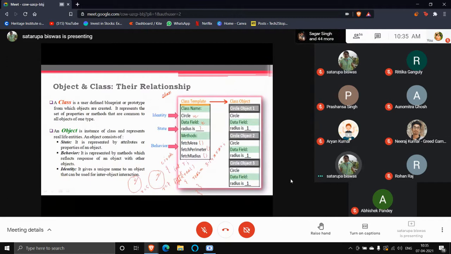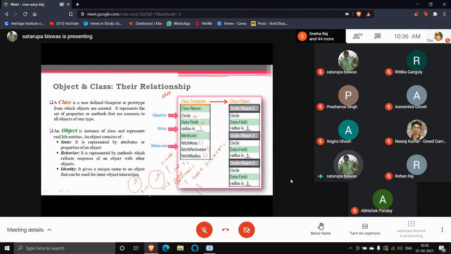But will there be any difference in the area calculation? What do you think? For the radius equal to 5, which formula are you going to use to find the area? Will that differ for the circle with radius 7? No, ma'am, it will not change. So the behaviors are not changing. All the circles should have the same kind of behavior. So behaviors are used multiple times by all the objects you are making under that particular class. What will change? Only the values of the attributes. So these are the states.